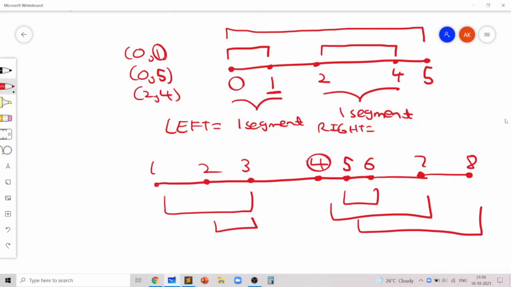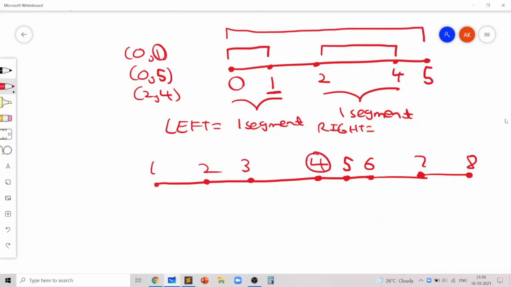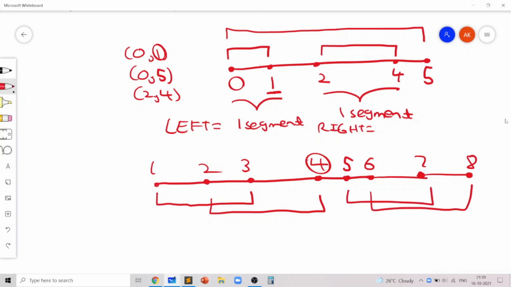And the reason why that is true is because notice that every point is the start of a segment or the end of a segment. So let's say that there are these segments which appear to the left, and let's say that there are some segments which appear to the right. Then you can verify that in all the possible cases there are going to be 2 segments which appear to the left and 2 segments which appear to the right. And by left I mean less than or equal to this, and by right I mean strictly greater than this.